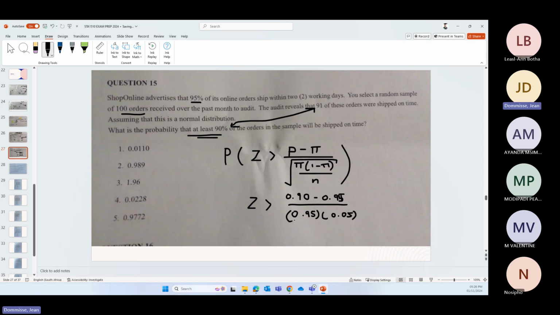So what did you guys, what would you have used in this instance? Because if I work that out,